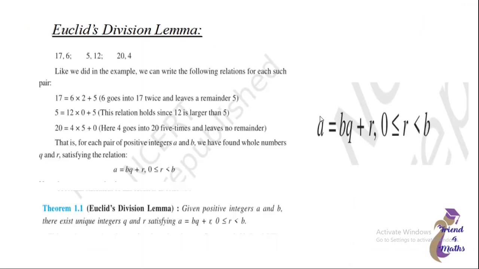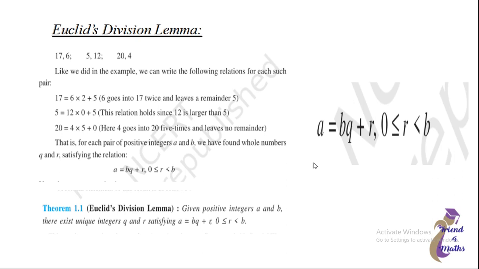We are going to the first main topic of this chapter, that is Euclid's division lemma. This is very simple. It says that when we take any two numbers of our choice, there comes a relation. If we take the first number as A and the second number as B,